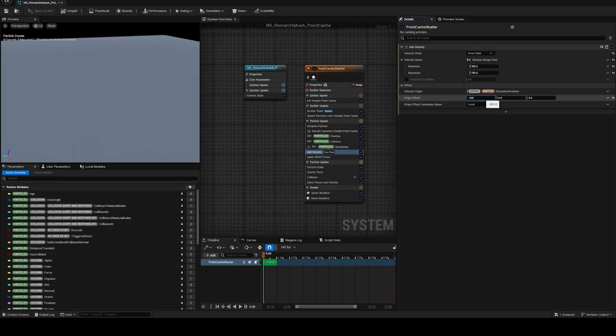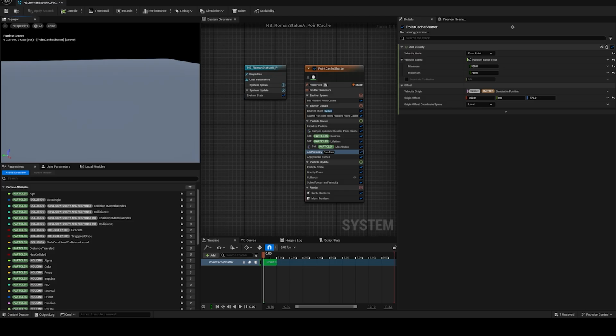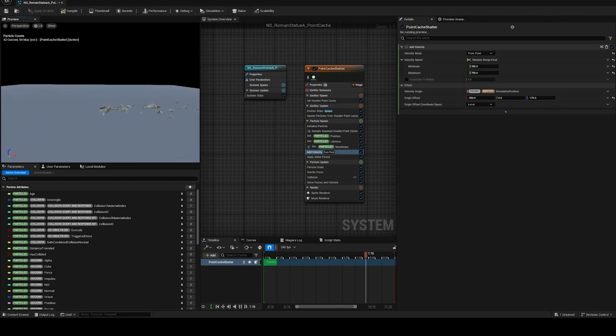And then I'll do a directional change here. So in negative 300 on X and negative 170 on Z, I'll have a directional along the X-axis and upward from the Z. So because we're negative, imagine the direction they will fly is the opposite of that. And so these values you can play around with and modify